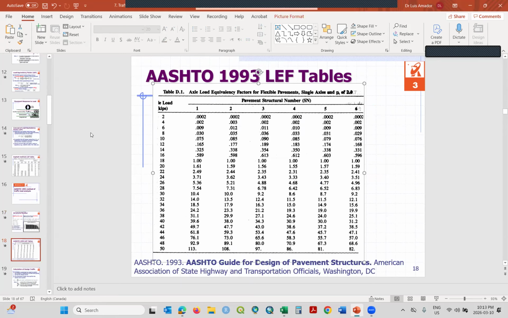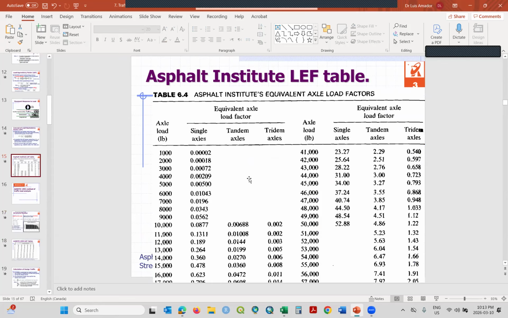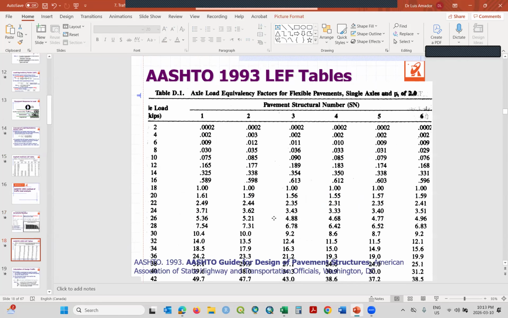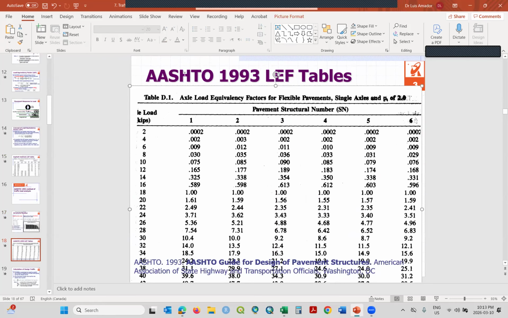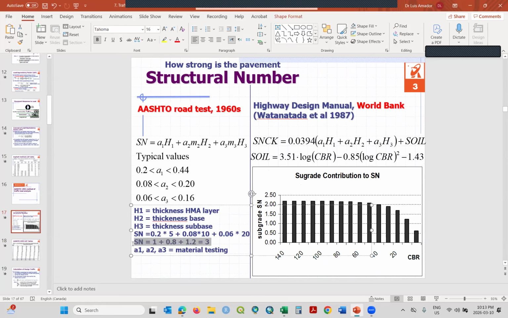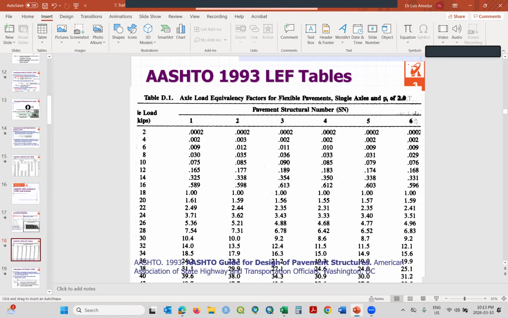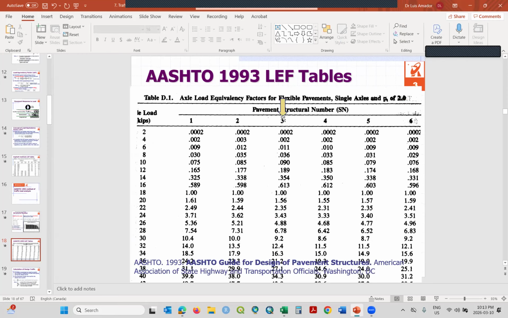So there are tables like this one that gives you the load factor or amount of damage, but considers how strong the pavement is. And those are the tables that the AASHTO uses in the design method. So the pavement structural number here, 1, 2, 3, 4, 5. So for example, in this previous case, we estimated a value of 3, you see? So in that case, we will be using this value over here. And we will be reading from this column,